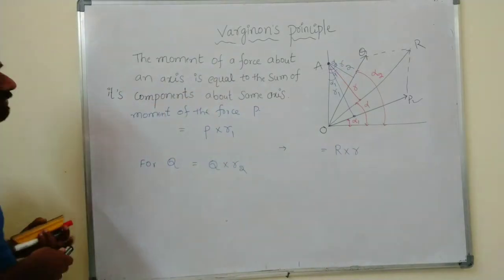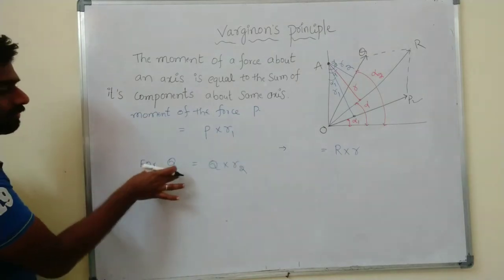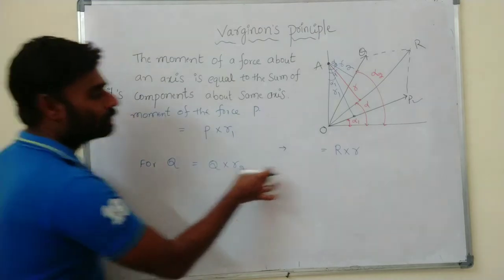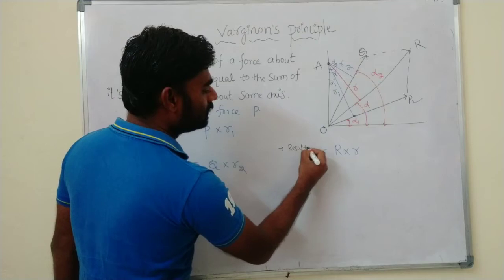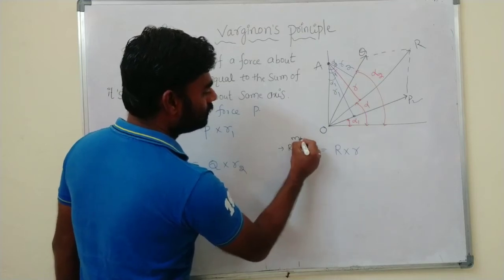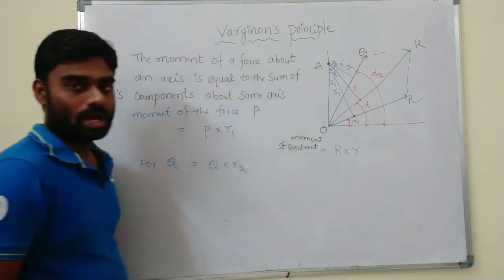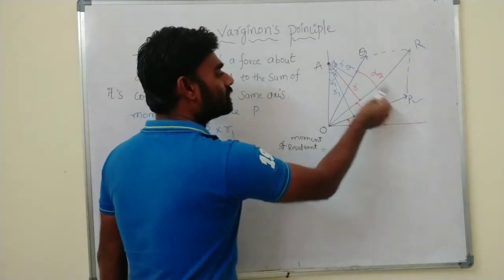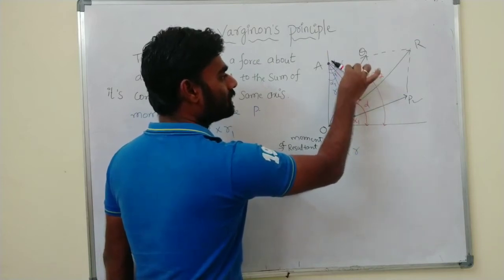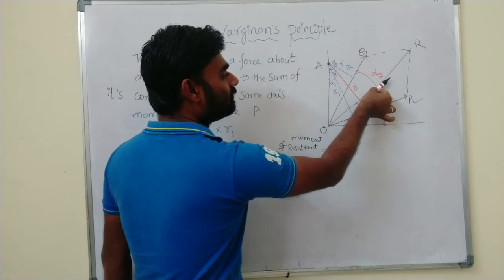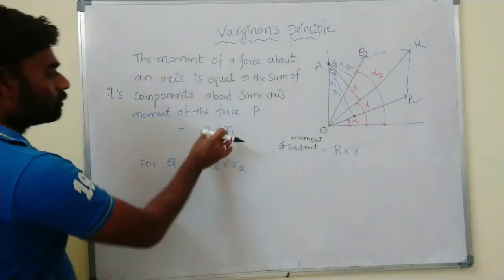The moment of the force P is P into R1. The moment of the force Q is Q into R2. The moment of the resultant equals R into capital R. So P is the force, R1 is the distance. Q is the force, R2 is the perpendicular distance. R is the force, small r is the distance. So the moment